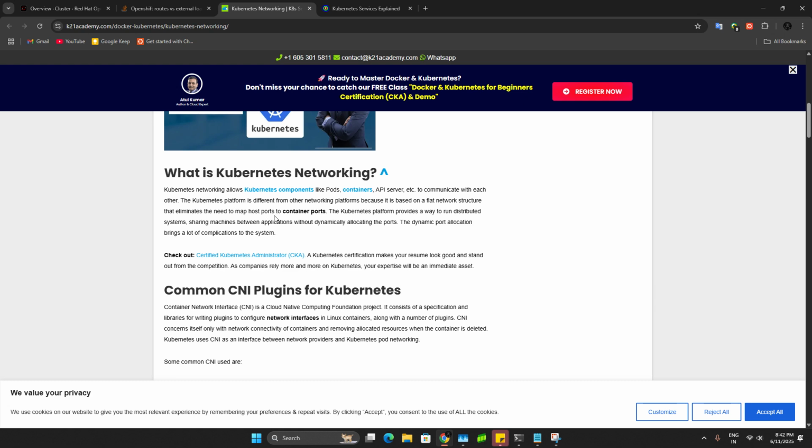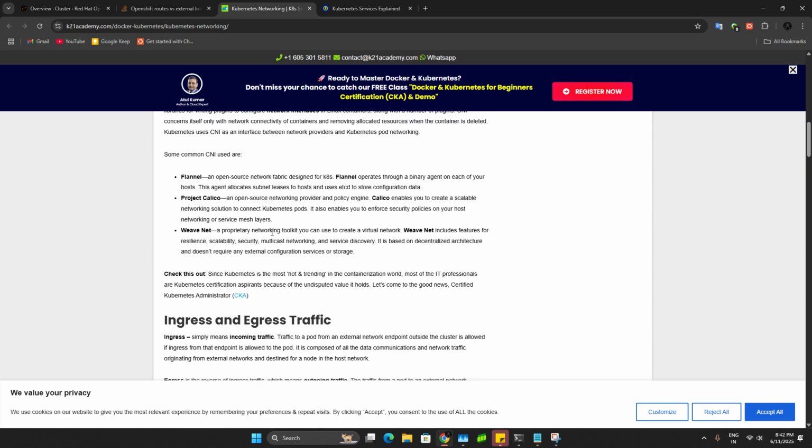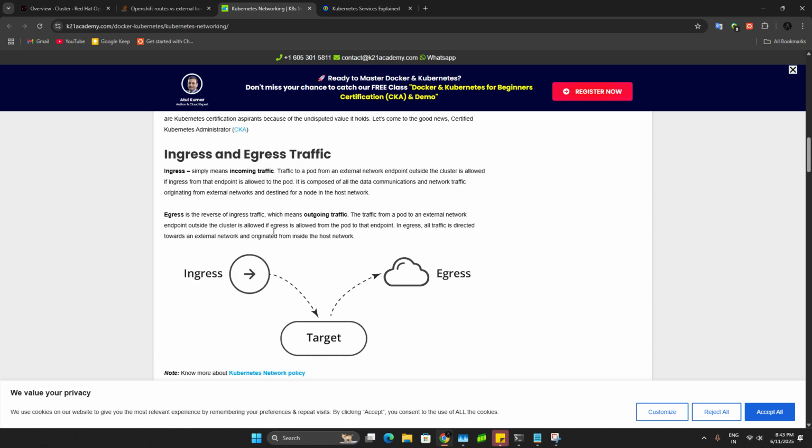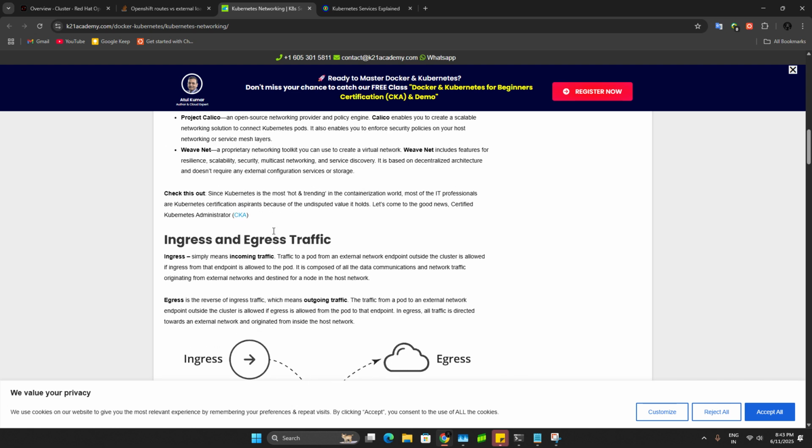To communicate with each other, there will be different components, but the communication will be through packet flow. First, once we install the network operator or plugins inside Kubernetes, then we can do the deployments and everything. Once they provision the cluster, they will install the network components also, like CNI plugins, into Kubernetes.